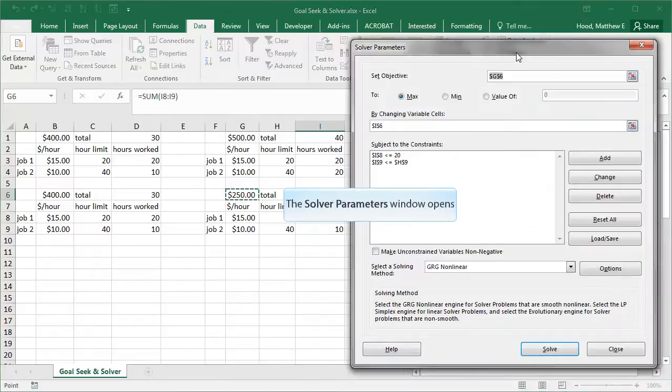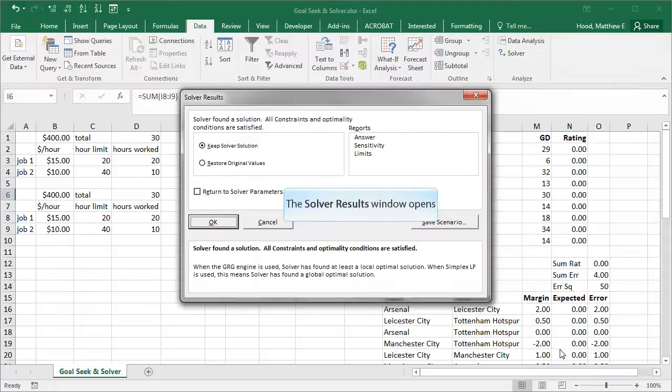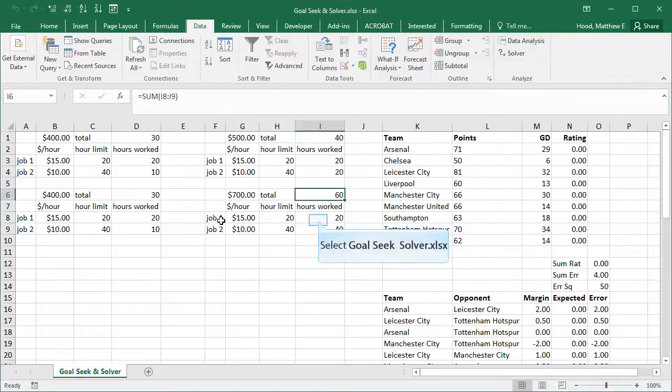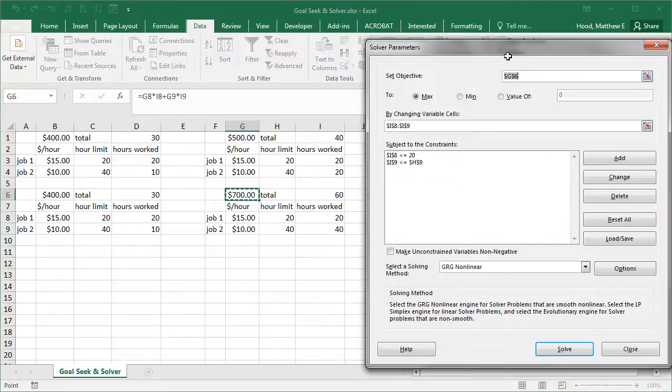Solver, set this to a maximum by changing cells, these two. These are the cells that I'm allowing to change. Solve. Okay, so it says work 60 hours, 20 hours here, 40 hours here. That's the way you make the most money. Solver could also be used here to say set this amount of money to a value of, we used 500 before, we use that again,